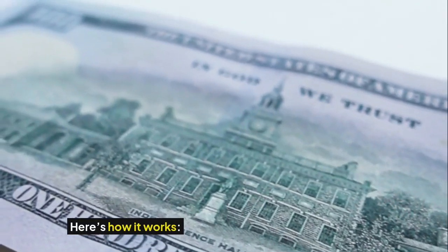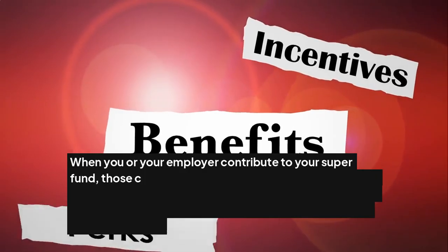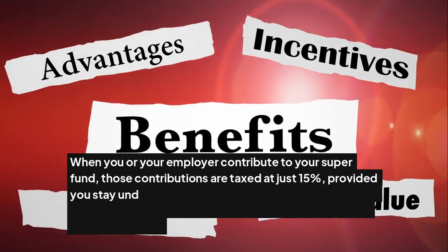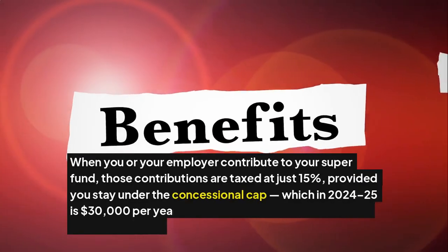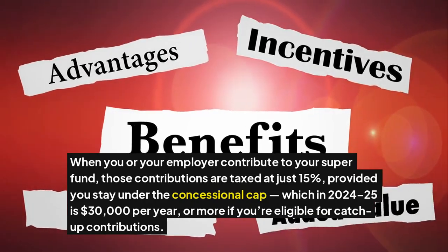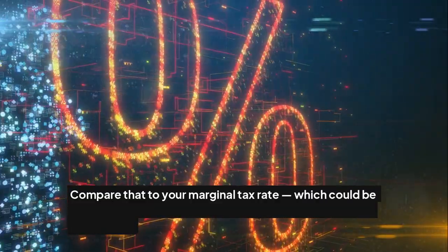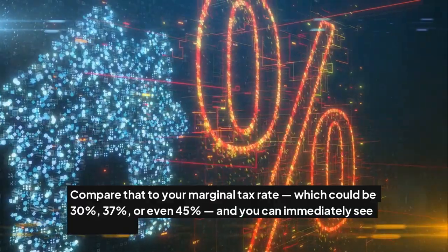Here's how it works. When you or your employer contribute to your super fund, those contributions are taxed at just 15%, provided you stay under the concessional cap, which in 2024 to 2025 is $30,000 per year, or more if you're eligible for catch-up contributions. Compare that to your marginal tax rate, which could be 30%, 37%, or even 45%,